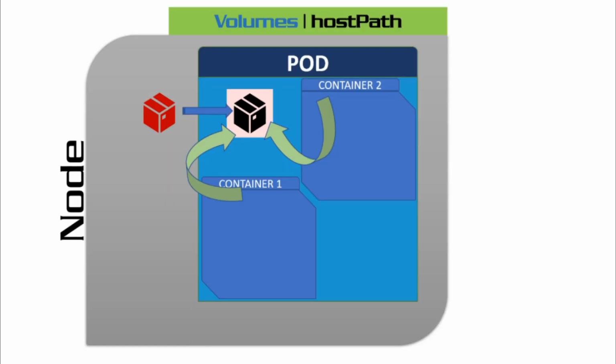This way, data will be safely stored in the node even if your pod or container crashes, and it will be remounted if your pod comes up in the same node. But apparently, if your node crashes, your data is gone forever. Also, if your pod crashes and gets rescheduled in another node, your data is gone.